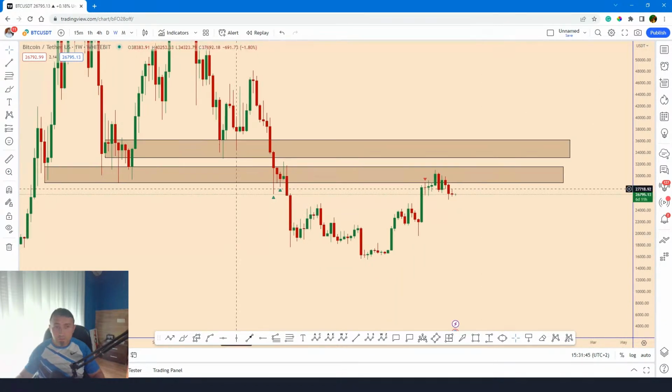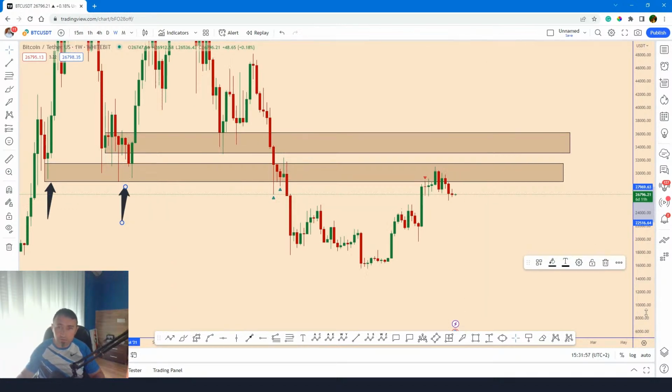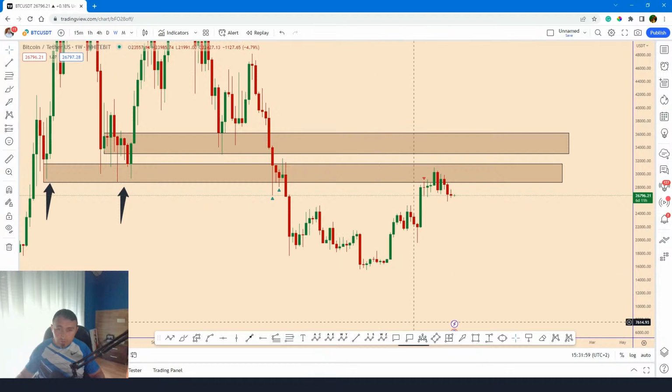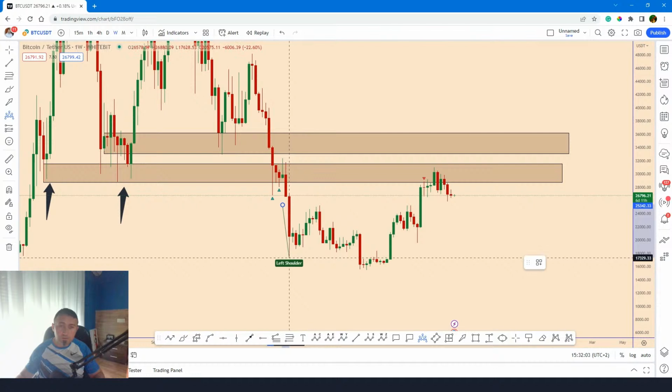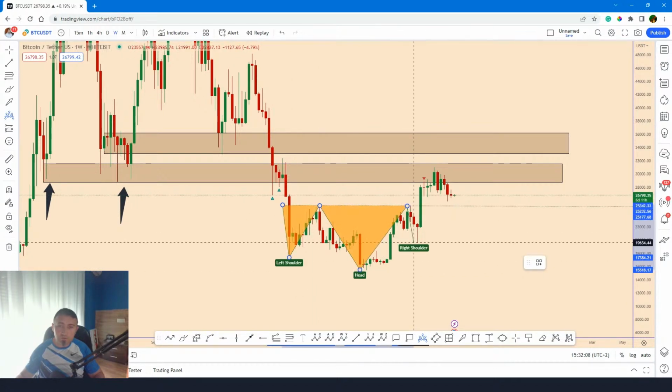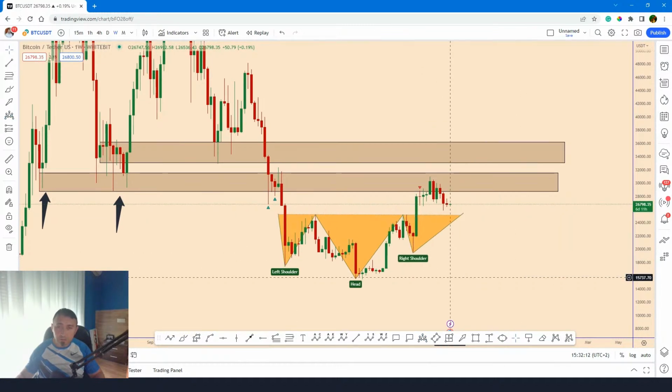So from this perspective, we can see that price already stopped in this zone. We don't have to get obsessed with this zone anymore. So this is just a guideline as we are looking at. But on this part of the structure, we can also see that price created a type of inverse head and shoulder pattern. So considering this pattern on a weekly time frame, I am looking for a possible bullish movement